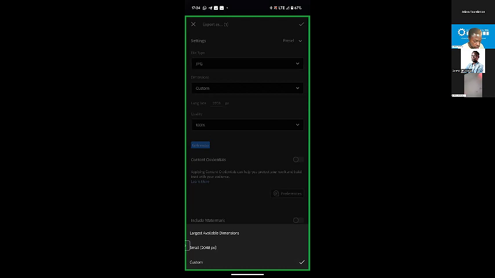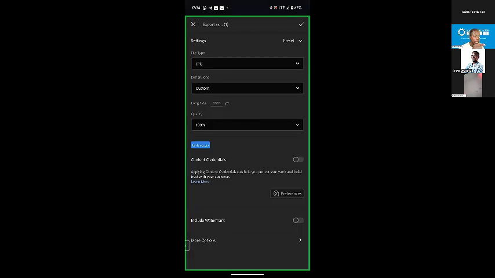Put it on custom. Then if you remember from the slide on image sizes, the portrait dimension is 1080 by 1350. If we remember, I said it's always recommended to set it to times two of that recommended IG size. Because if we go